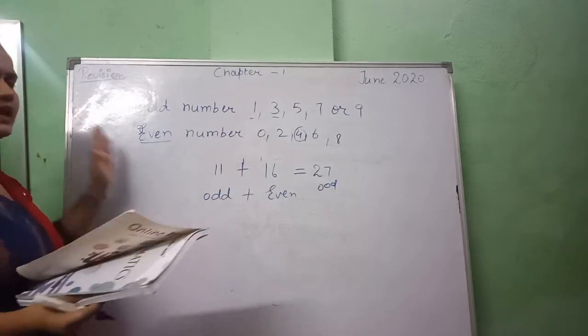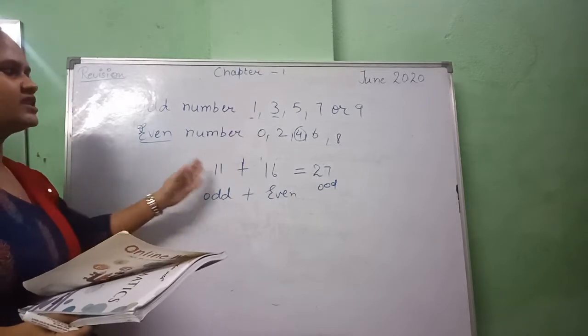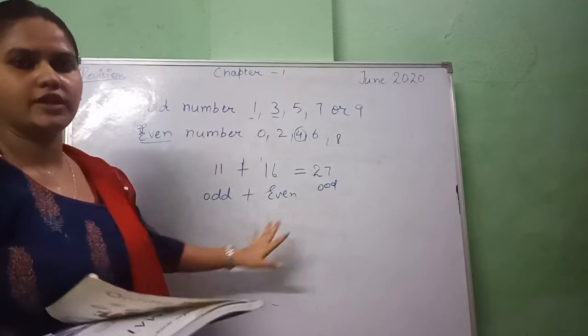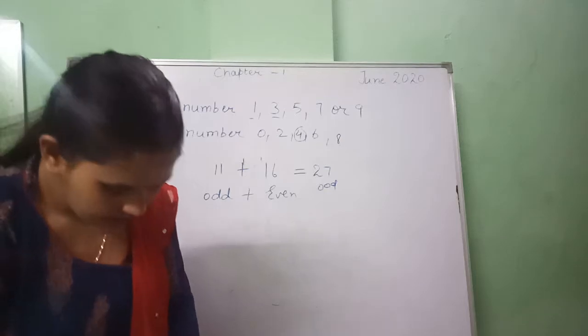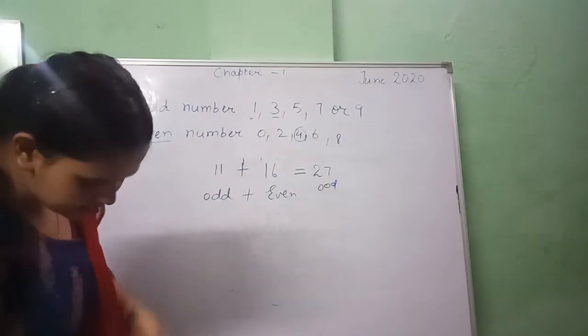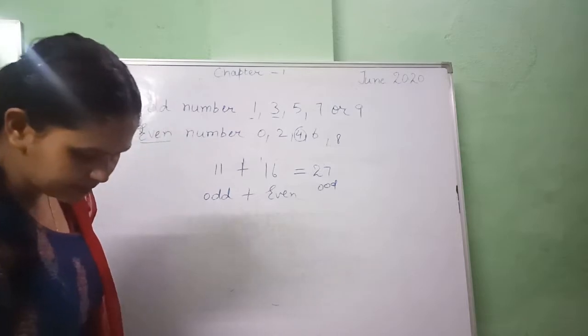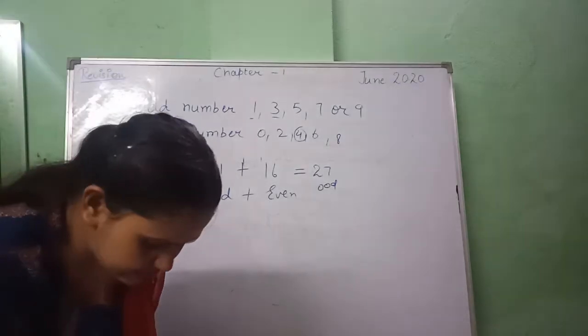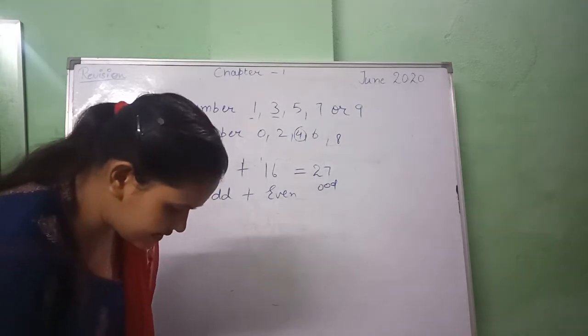When we put together odd and odd, it becomes even. And yes, when we add even and even, we get even. And yes, we have to follow the other exercise, the greatest odd number with 1 or 2 digits. So you will do it by yourself. This one is a very easy concept.